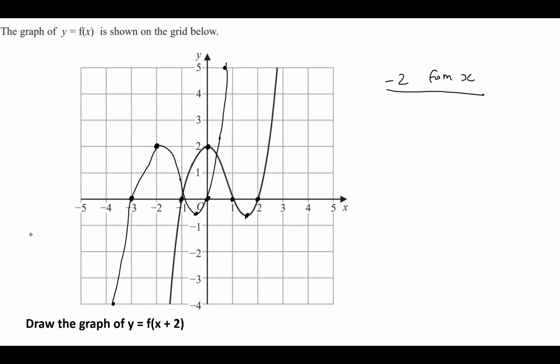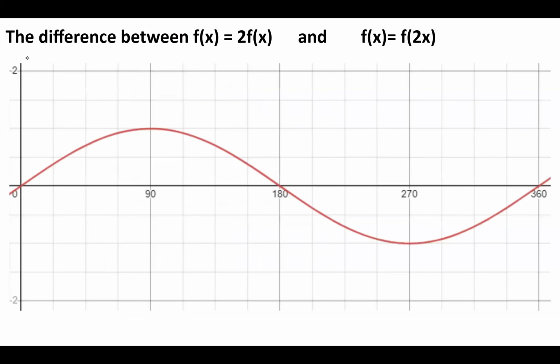Okay, so let's have a go at the next one. Now, this one here, again, the transformation is on the outside. So this is going to affect our y coordinates. But what we're saying is 2 times f of x, essentially. So what that means is we are multiplying all of our y coordinates by 2. So now, if we have a look at our y coordinates here,